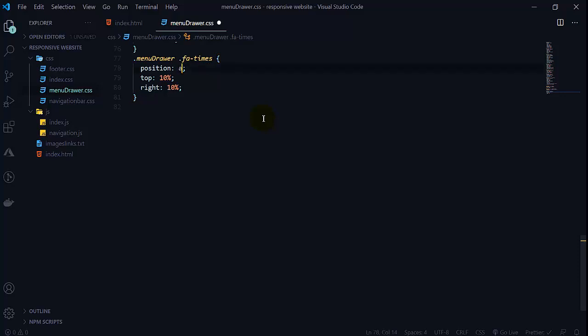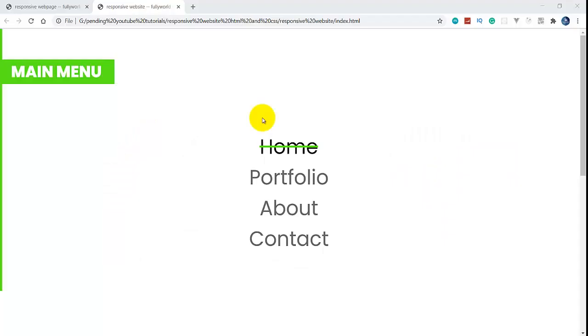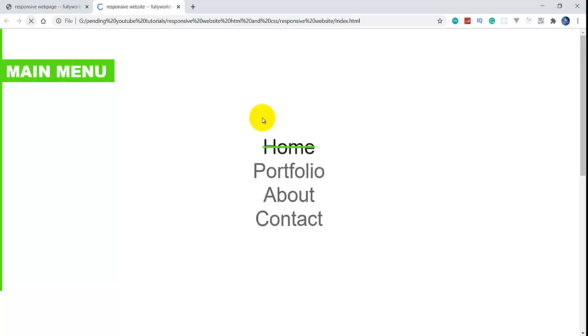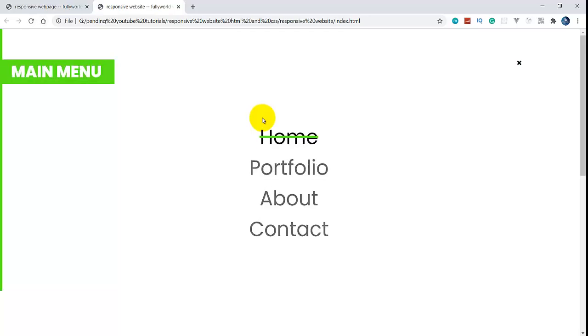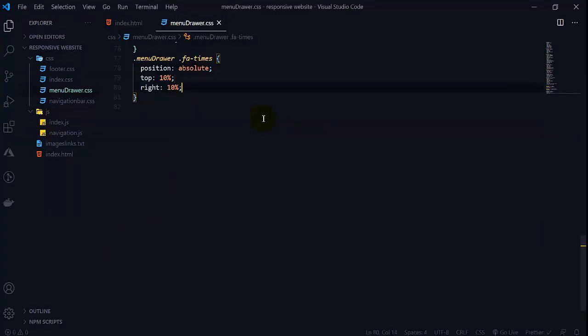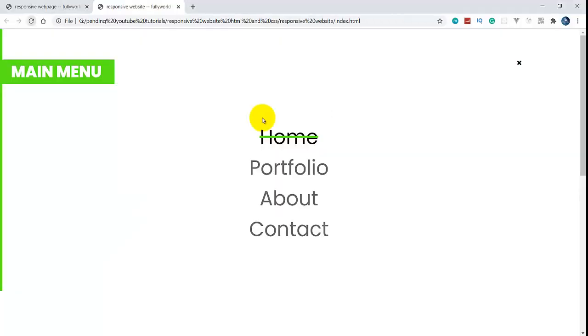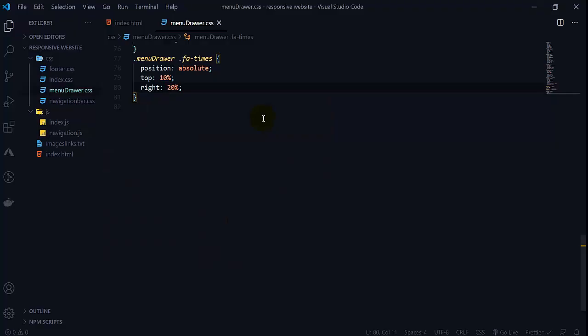Position absolute we want. See that here it is. But we want it more to the left, so right will be 20%. So reload this. We are getting it at the perfect position.